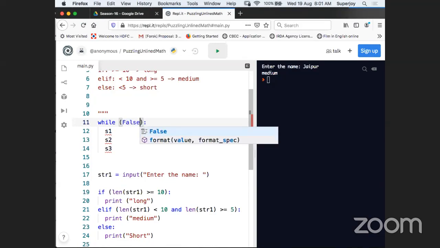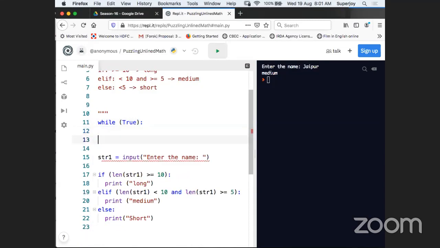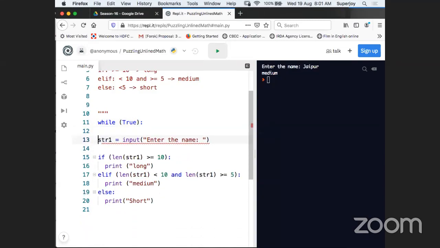And in that case, the control will never go inside a loop, so we will never see execution of S1, S2, and S3. So this is how, as of now, we want to do. We want to continue to run these statements. So now if I remove S1 and S2 and bring my actual stuff inside a while loop,